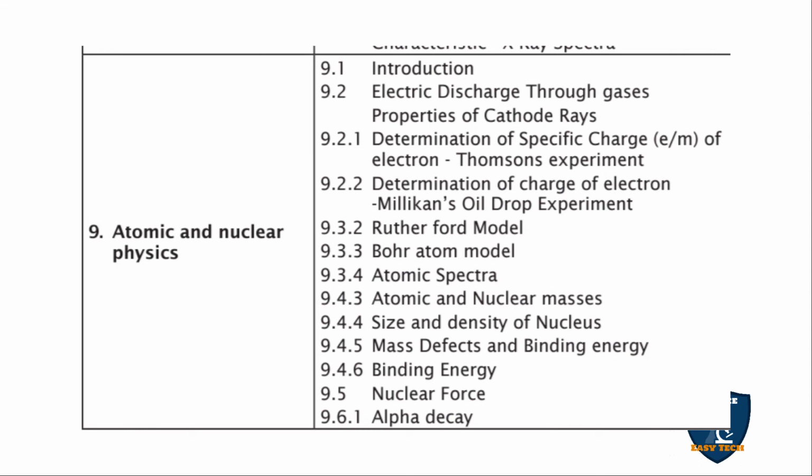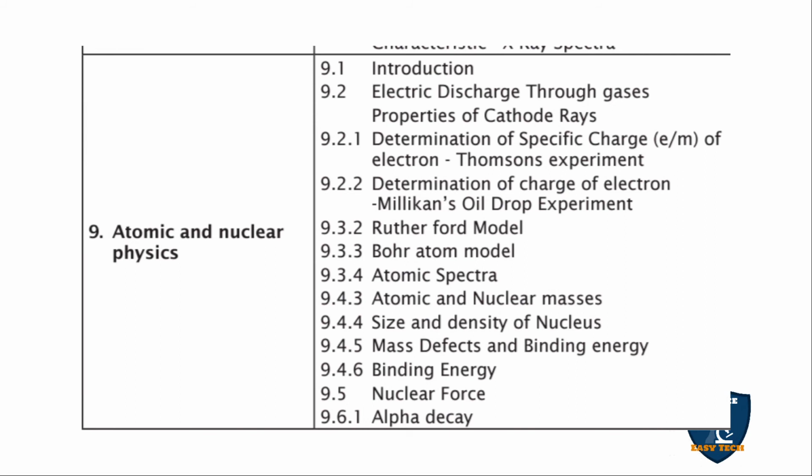Next, 9th chapter, atomic and nuclear physics. 9.1 introduction, 9.2 electric discharge through gases, properties of cathode rays, 9.2.1 determination of specific charge of electron, Thomson's experiment, 9.2.2 determination of charge of electron, Millikan's oil drop experiment, 9.3.2 Rutherford model, 9.3.3 Bohr's atom model, 9.3.4 atomic spectrum,